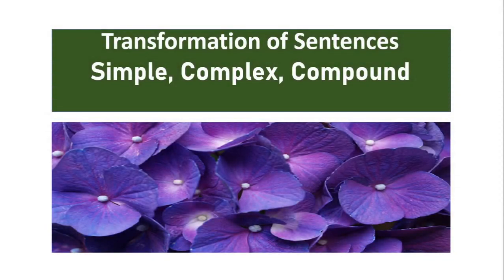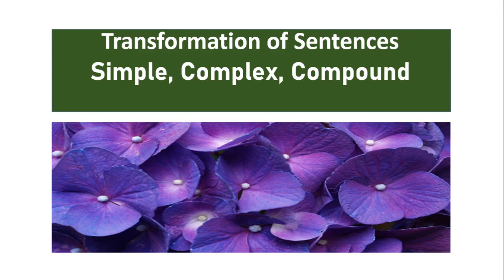Today we are going to discuss transformation of sentences, changing sentences from simple to compound, complex, simple, complex, and compound. Today we will not go to the rules, only today we will focus on